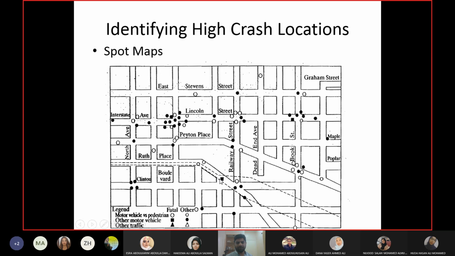Squares are also very few. This is one here and there's another one here. But the only fatal accidents that are more common in this area are these motor vehicle versus pedestrian crashes, and you know the reason, right? Pedestrians are vulnerable. They do not have any protection and so on. So they are bound to be involved in fatal accidents.